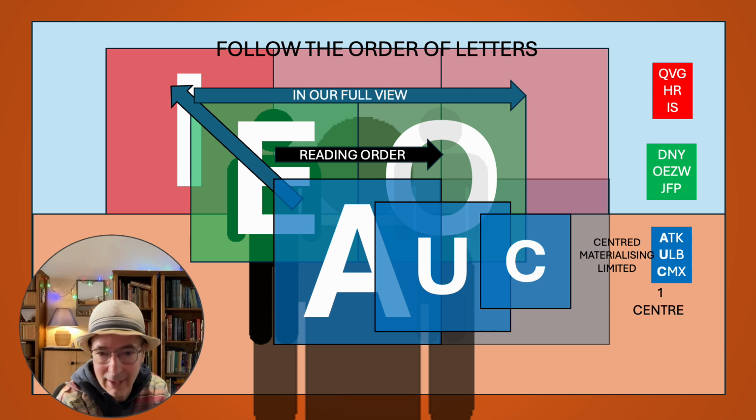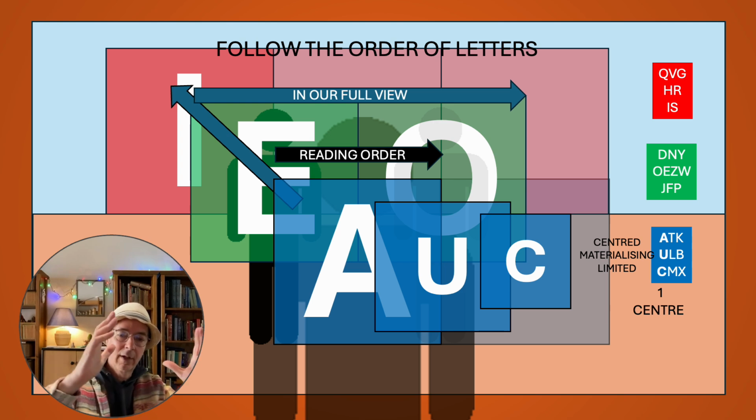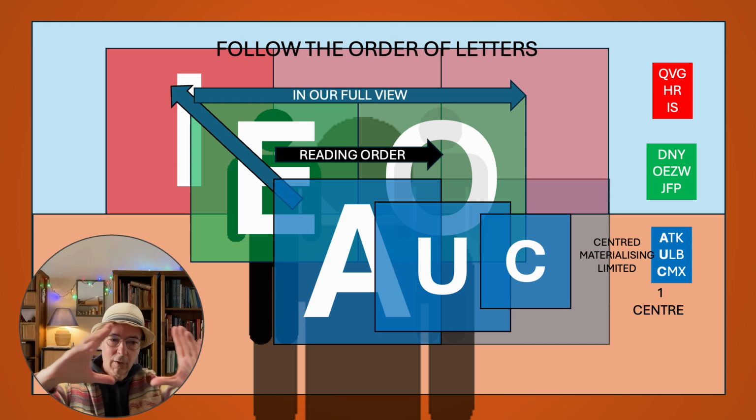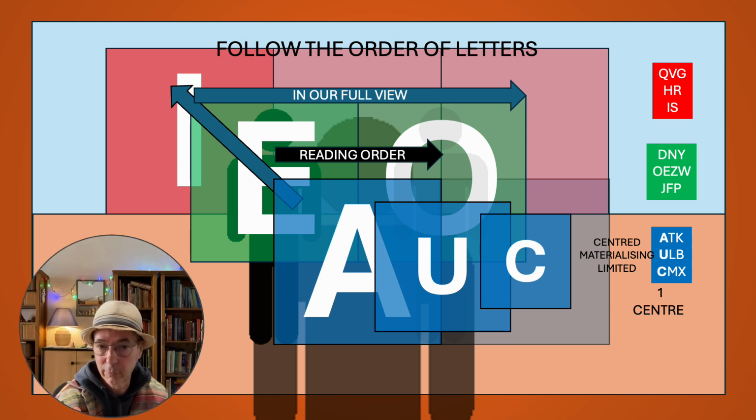Here you can see the letters more clearly: A, U, C. So you have three kinds of center position. The center position of the actual as a center position, so I can use the full frame. Then a center position in the spatial area, in the volume area, that's the U, and a spatial frame